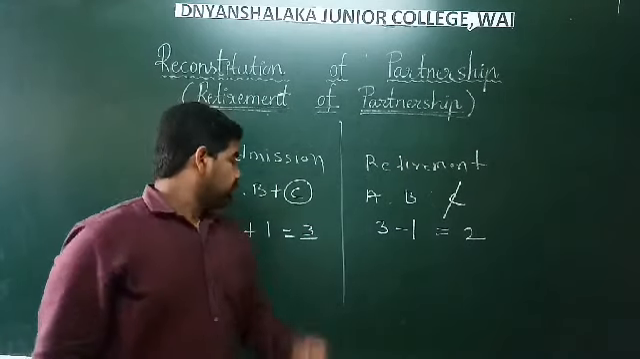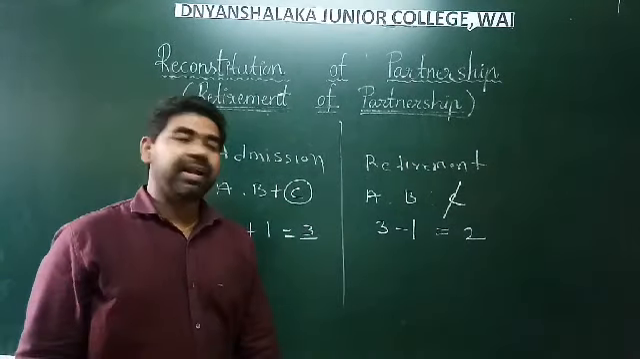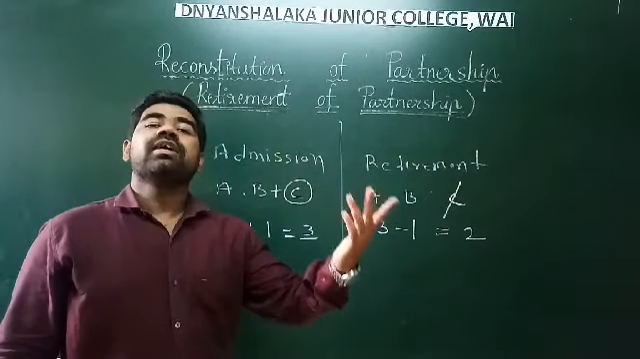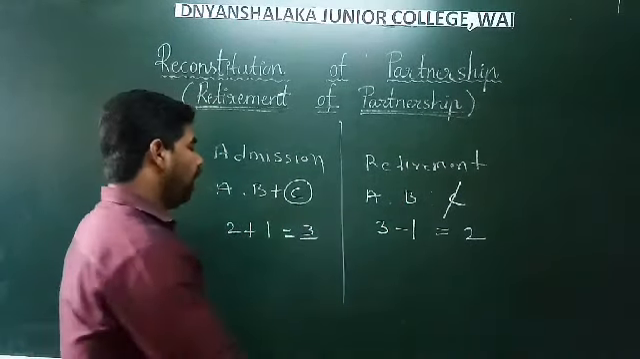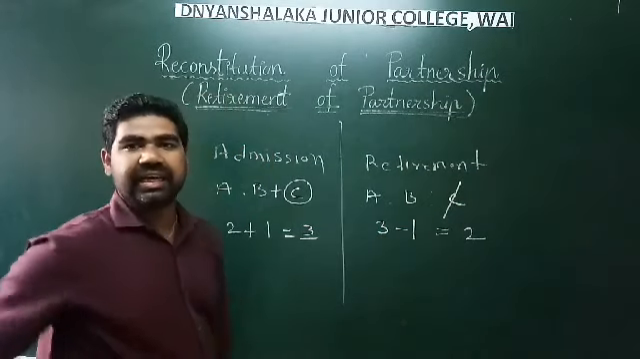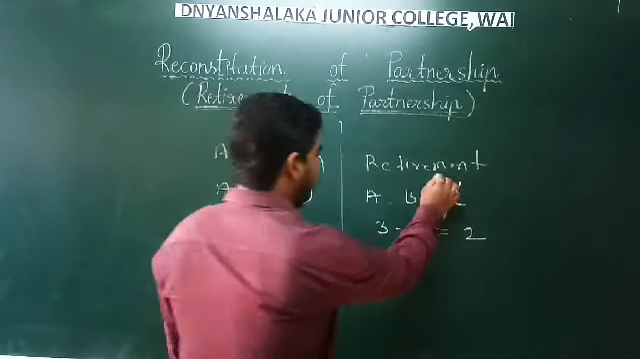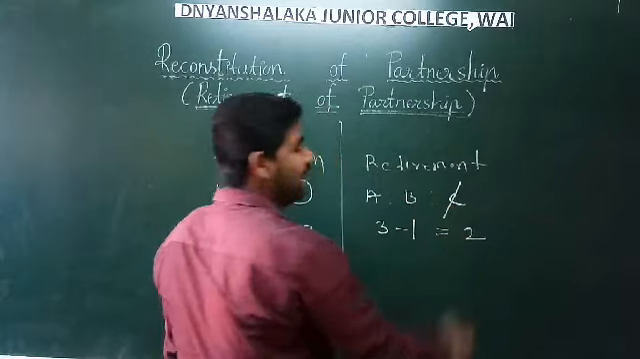Okay, in the case of admission, existing partners are 2 and then all partners become 3. Means 2 partners previously ran the business, now 3 partners will run the business together. And what happens in the case of retirement? Already 3 partners are there